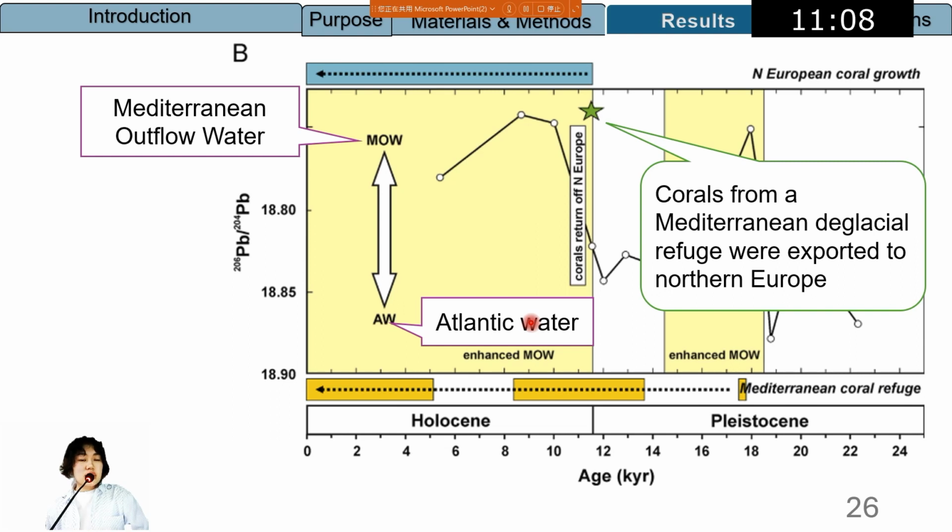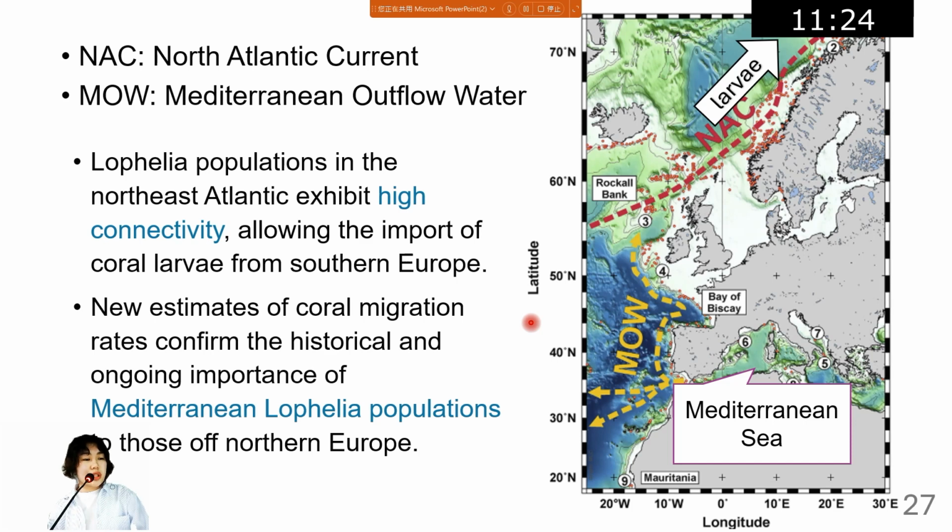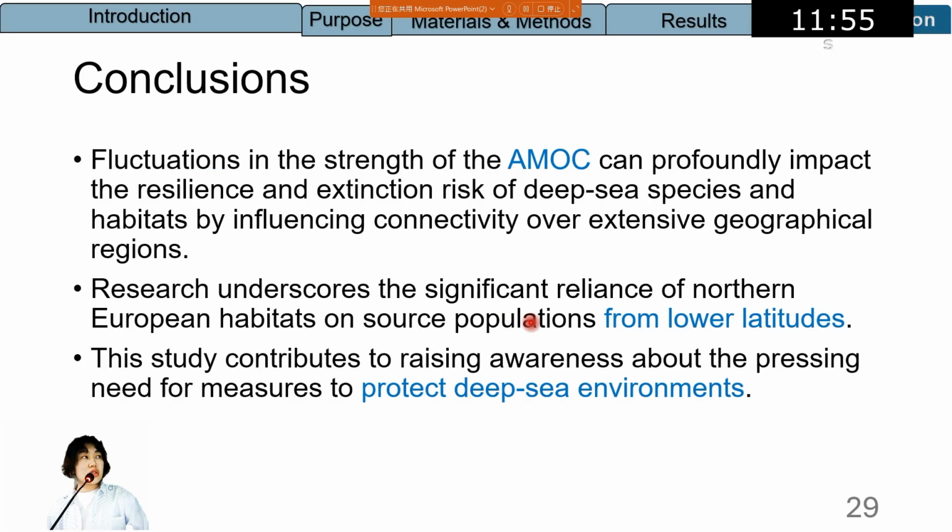And here's another figure. The green stars tell us that corals from the Mediterranean, the glacial refuge, were exported to northern Europe with the enhanced Mediterranean outflow water. And Lophelia populations in the northeast Atlantic have high connectivity, allowing import from southern Europe from the Mediterranean outflow water. And new estimates of coral migration rates also confirm the historical and ongoing importance of the Mediterranean Lophelia populations to those of Northern Europe. So we come to the conclusion that the fluctuation in strength of AMOC can profoundly impact the resilience of...